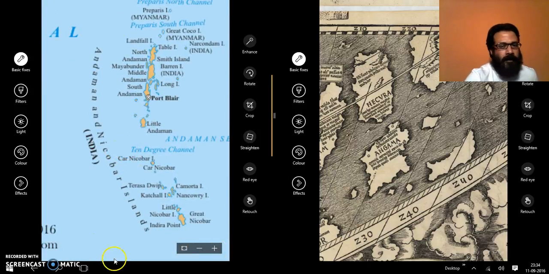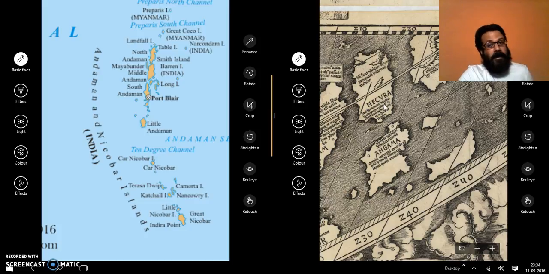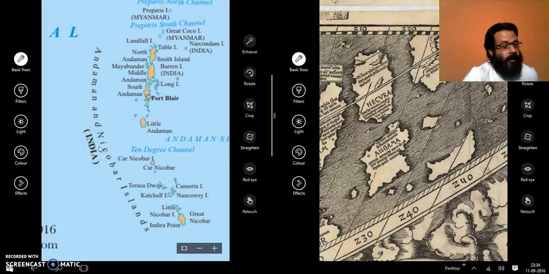What does it say? Andaman and Nicobar. So that's Angama for Andaman and Nicobar for Necura. Okay. So what happened during the colonial times is that the native language words were distorted, most probably knowingly, by the colonial rulers who were under the diktat of the Freemasons and the Illuminati,